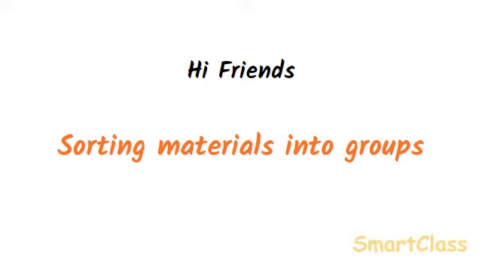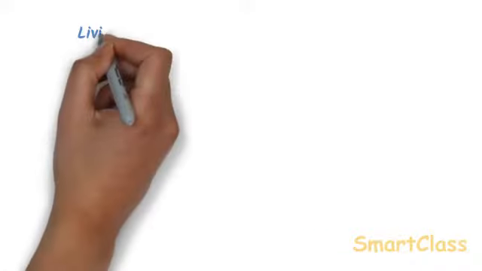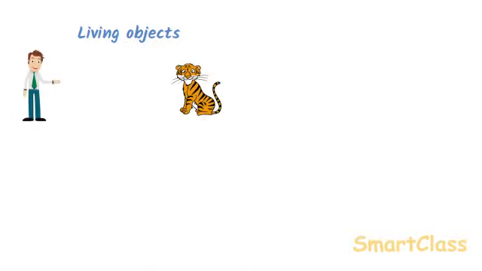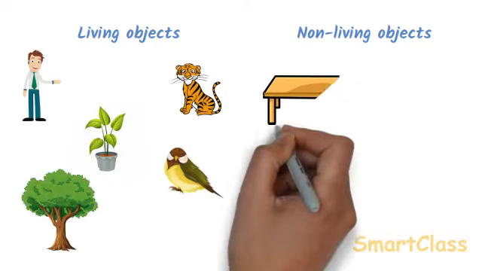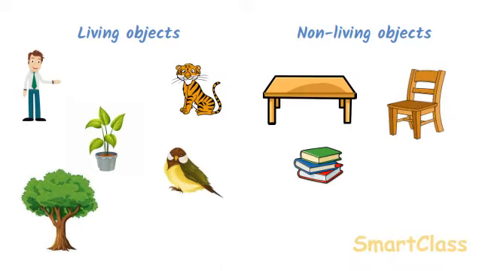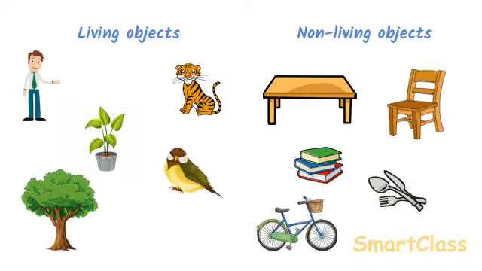A thing that can be seen and touched is called an object, and the matter of which an object is made is called material. We see a large number of objects around us. There are living objects like human beings, animals, birds, plants and trees. We also see non-living objects like table, chair, books, utensils, bicycle, etc. Some of these objects are natural while others are man-made or artificial. All these objects have different shapes, sizes, colors, etc. In order to understand objects around us, it is necessary to classify them into groups.